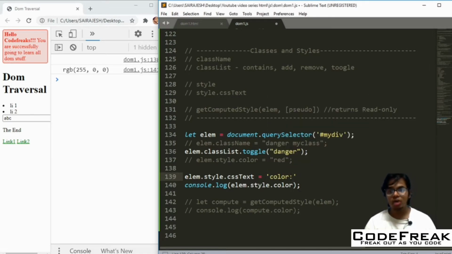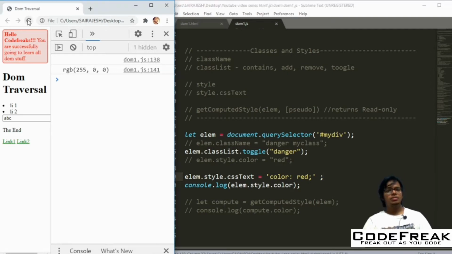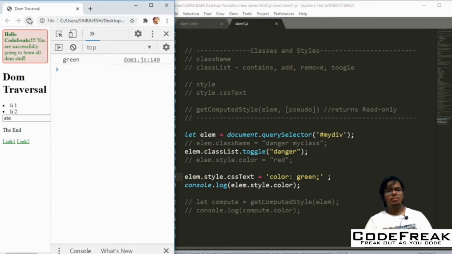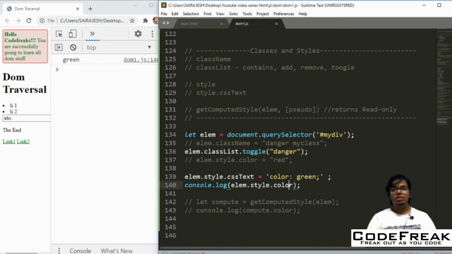You write here however you write it in the CSS. Then you can put a semicolon, and you can put in some more properties also. I'm just going to do this for now. The color I'll change to green, then you can get a good idea. So you see that the color actually changed to green. Good. So that's how you can work with cssText.